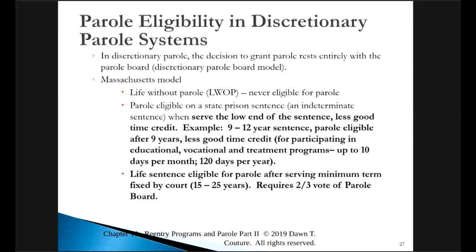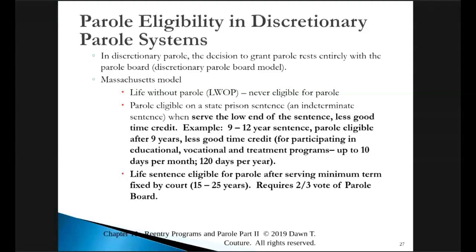Parole eligibility in Massachusetts, which is a discretionary parole state, is based upon, first of all, discretionary parole systems have indeterminate sentences. The sentence is a range of time, and the reason for discretionary parole is to incentivize people to obey the prison rules, to do their time and do it smart, so that they are eligible to get rewarded and released prior to the completion of the sentence. In Massachusetts, parole eligibility for state prison is the low end of the sentence, so it's always an